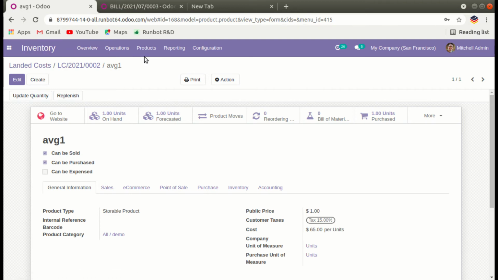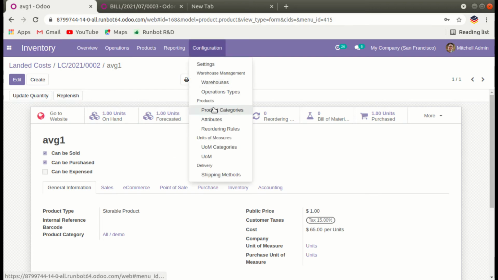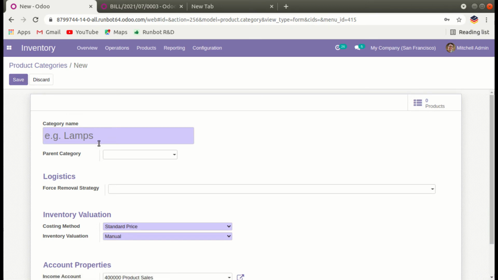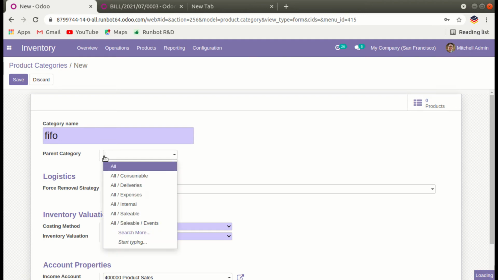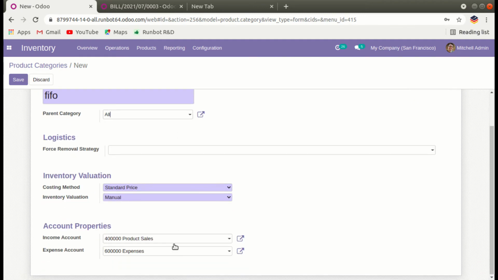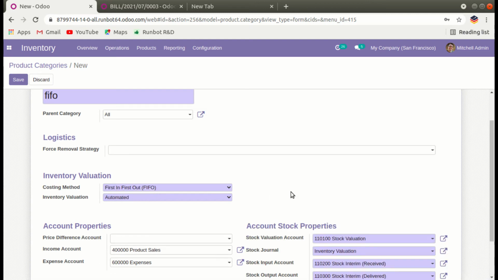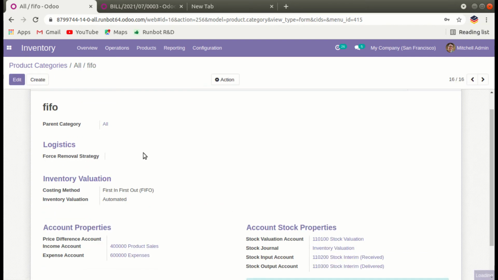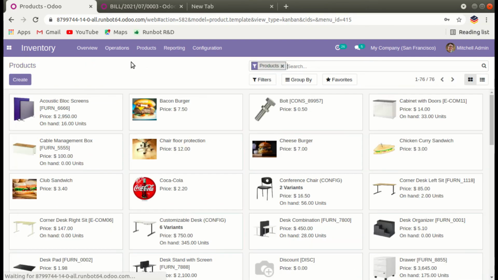So let's create another landed cost for the method FIFO. Let's go to the product category, create another category, set as FIFO, and parent category as All. And here in inventory valuation, we set our costing method as FIFO and the inventory valuation automated. So let's save, and create two products.